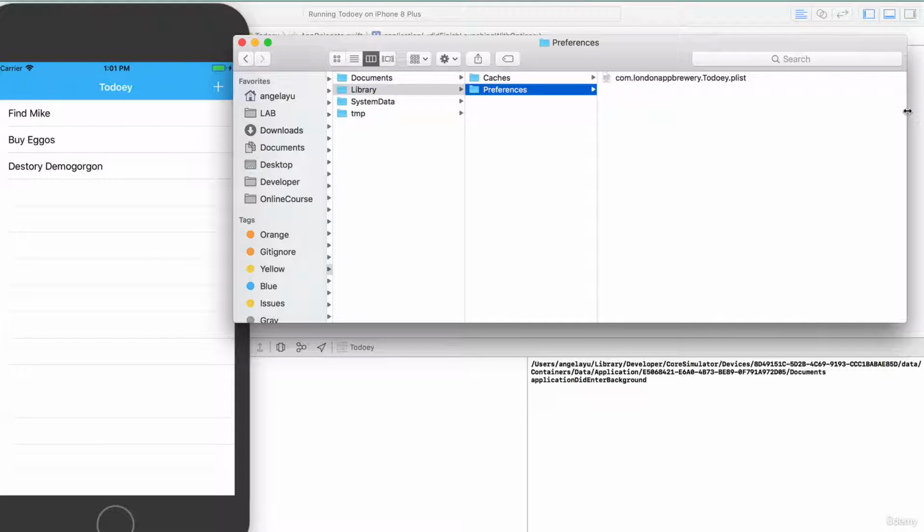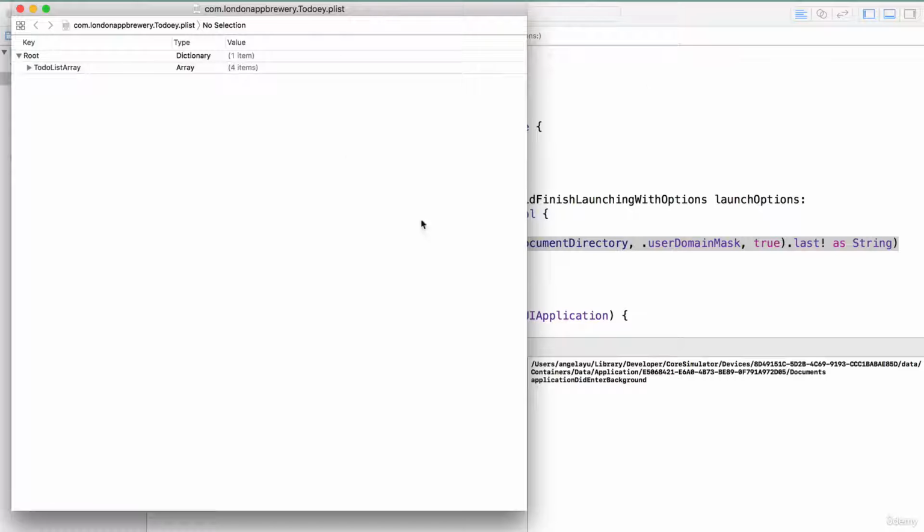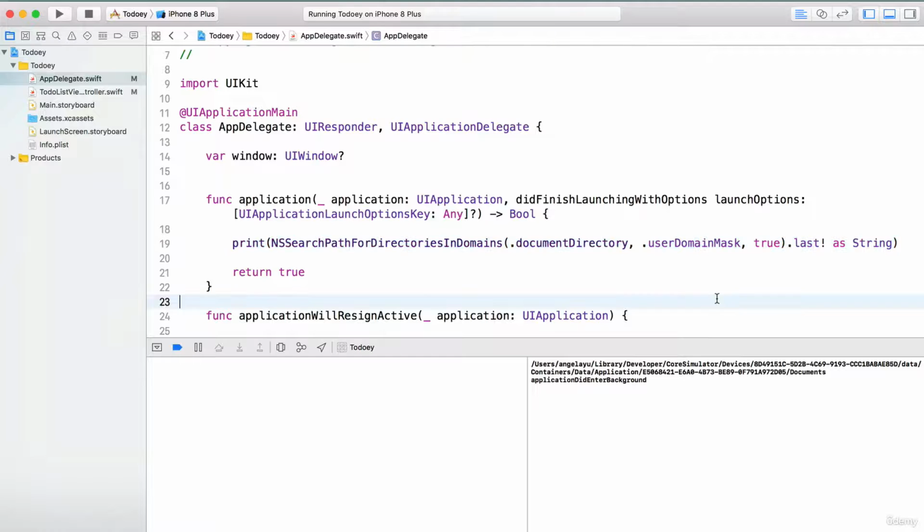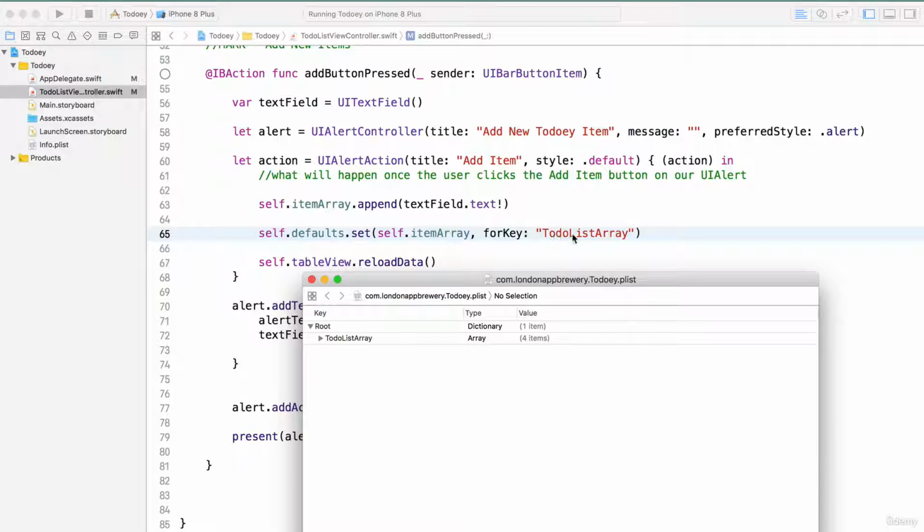And if we expand it, you can see that it says com.londonappery.todoey.plist. Now, if we double click on it, it'll open by default inside Xcode, and you'll see that we have this key that we used earlier on where we said save it under the key to-do list array. Here, that's the key, and the value is an array. So Swift is clever enough to figure out that our item, the data type, was an array data type, and if we expand this, we can see that there's 4 items in there,